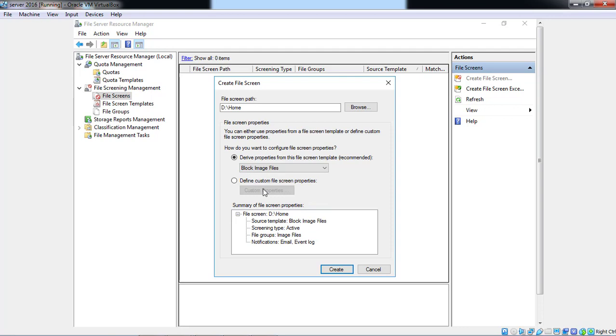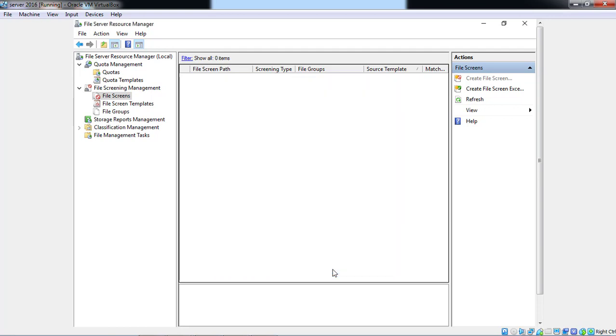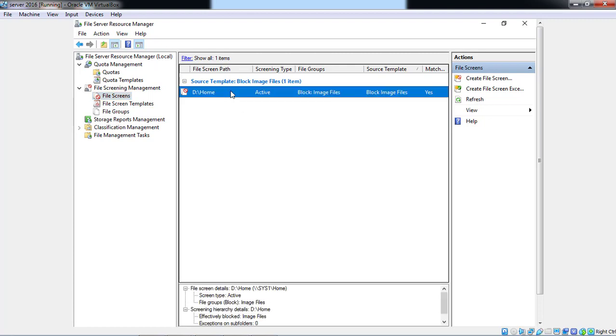So we cannot create an image file on that home folder drive, which has already been given a 100 MB limit. Then create. Now our file screen is created.